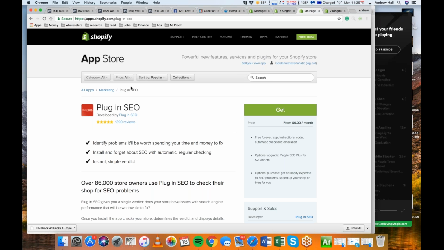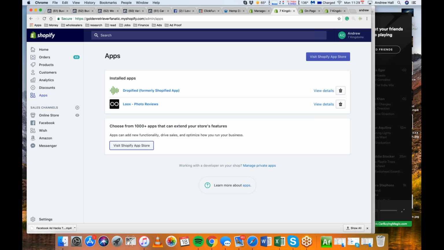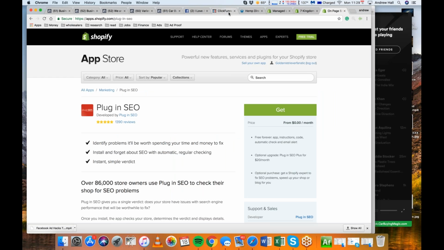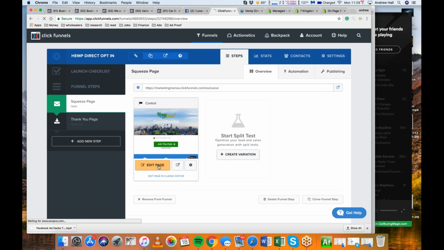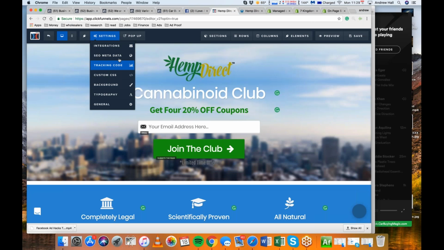So make sure you're doing SEO. That's how to do it on your Shopify store. You just go into your product and add tags in there. Now, if you're on a ClickFunnels page, and I'm just touching on this, to get really good at SEO you're going to need to do some research.